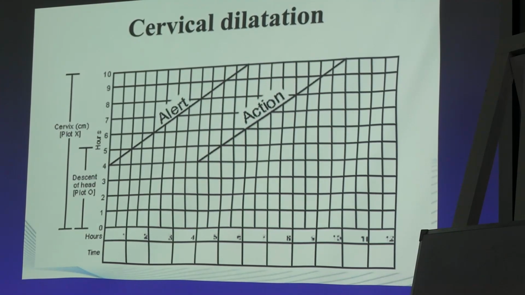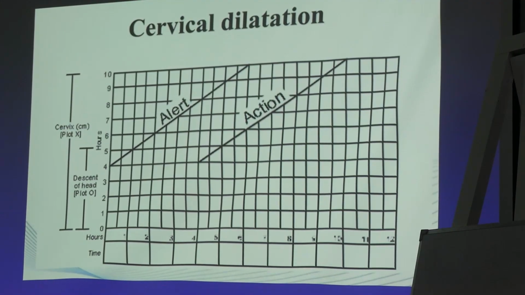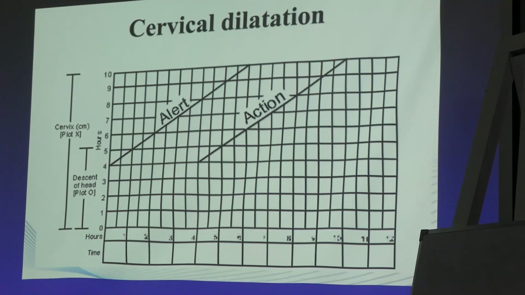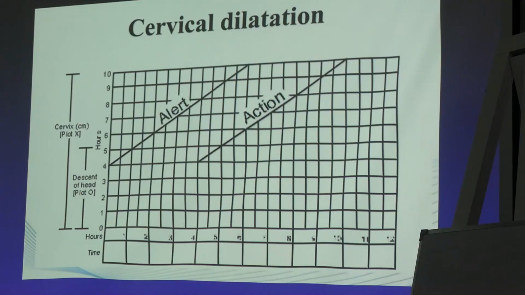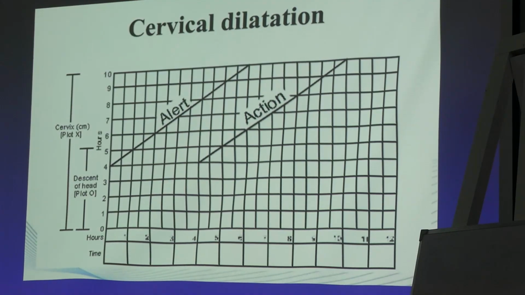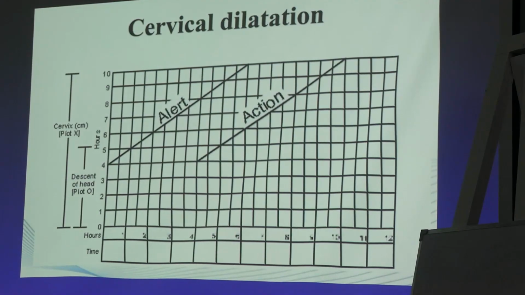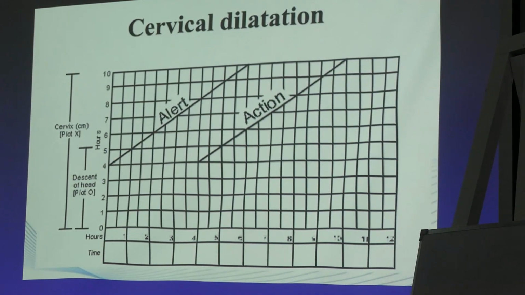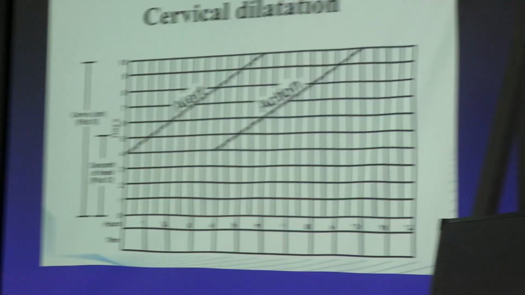We have to see 3 things: the power, the passage, and the passenger. Power is in your hand. Power means uterine contraction. To enhance or augment the uterine contraction, what can we do? We can give oxytocin, or if the membranes have not yet ruptured, we will do an artificial rupture of membranes. That can also augment the labor.